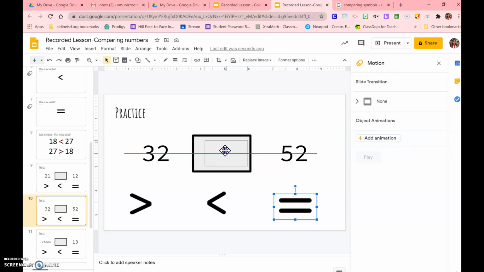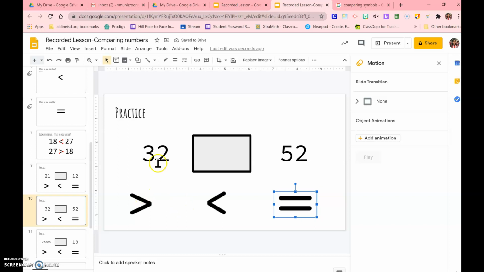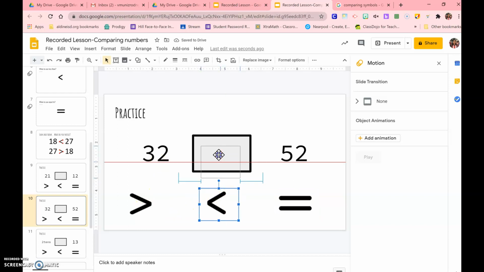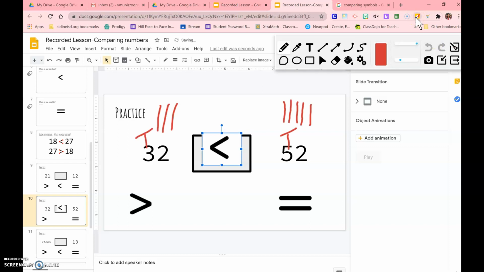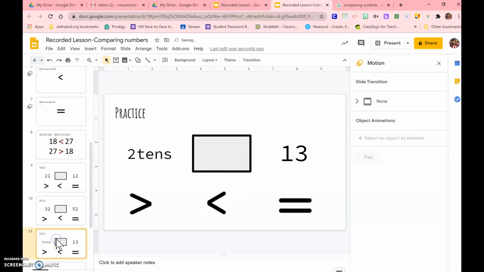I know 32 is not equal to 52. No, because I remember 52 had 5 tens. Okay, so let me see. 32 was less than. Let me see back. I'm going to use my tools to remember what I was doing. Oh, yeah. Okay, 32 had 3 tens. It is less than 52. Notice how I'm using my pictorials to help me out if I need them. Some of us don't need it anymore, and some of us need that practice. Okay, so now I'm going to sweep it off. And that's one of my pictorials, okay? Hopefully you got that. Now I have two